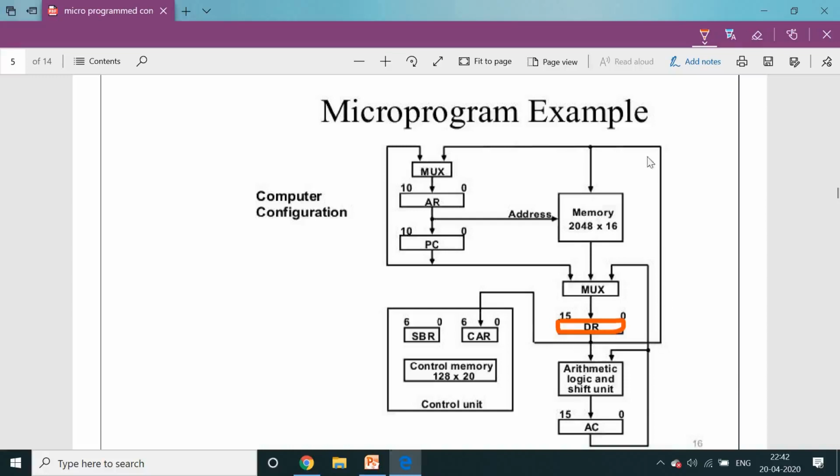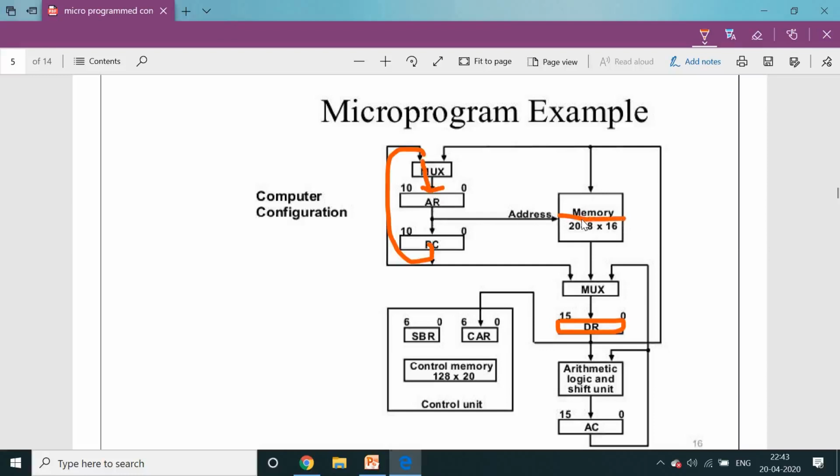This information is sometimes taken from the address register, or the data register, and the data register value is sent to the control address register. The multiplexer selects one address, any one of these, and this address is sent to the address register, depending upon our control logic. Or initially, if it is the program counter, the address points like this. This address is transferred to the address register, and the address register points to one location in the memory.